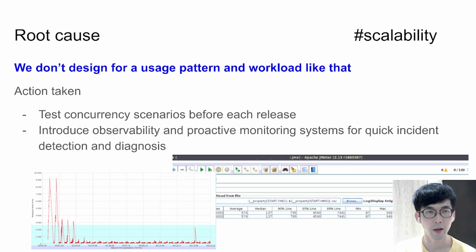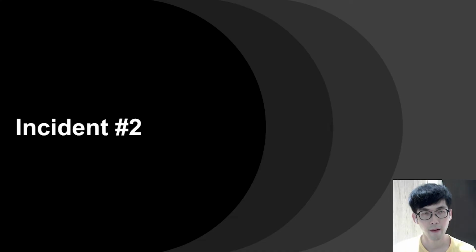This is how this case was solved, but what can we learn from it? Well, in my opinion, the root cause is we didn't predict a usage pattern like that. In all our test scenarios, optimistic locking just works fine until we encounter this scenario. This is a classical scalability challenge we might see while building a data-intensive application. We will go back to review our lessons learned later. Let's go to the next one first.